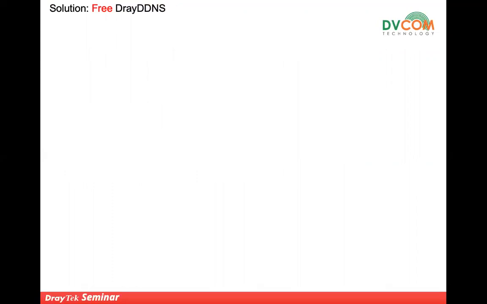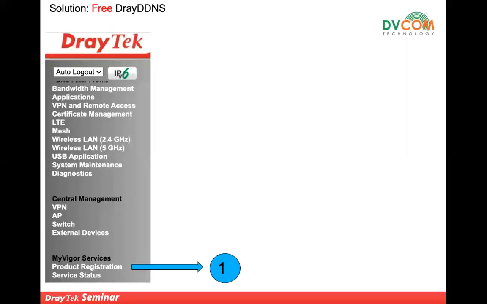Simply, you just register your appliance. See here the steps to register the DRE-DDNS. The first thing is that you need to register your product. Whenever you log in to your DRETEC router with the default IP, username and password at the initial stage, if you look at the bottom, there is a product registration. Just click on product registration, then it will open the form for you. Fill in the form along with your email address, username and password, and you are going to receive a confirmation mail. Once you receive it, just click on that, and then you can log into your account.